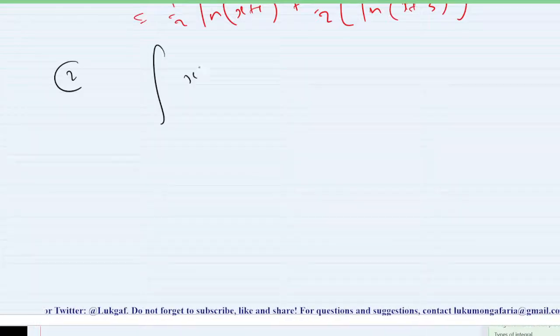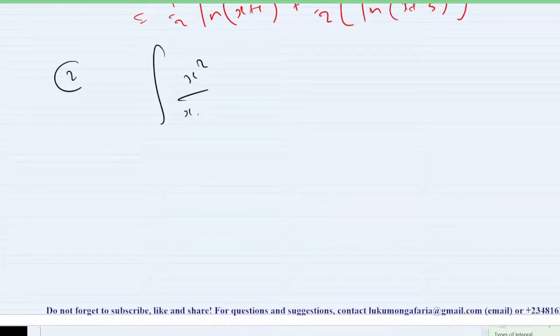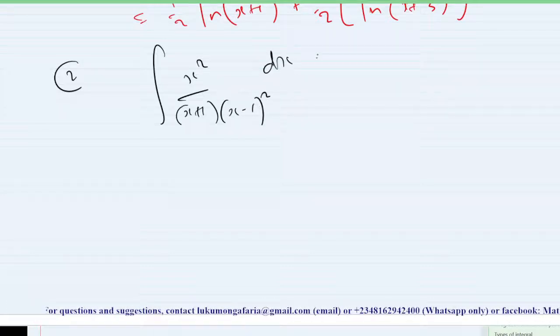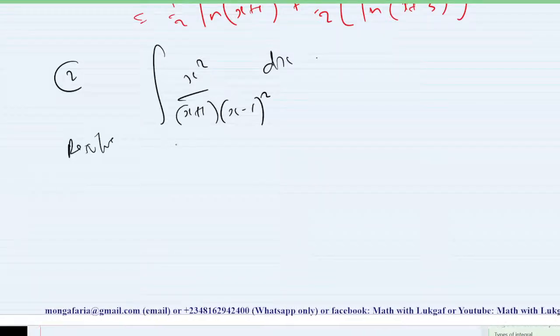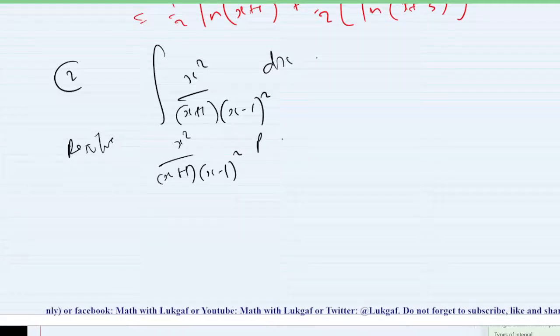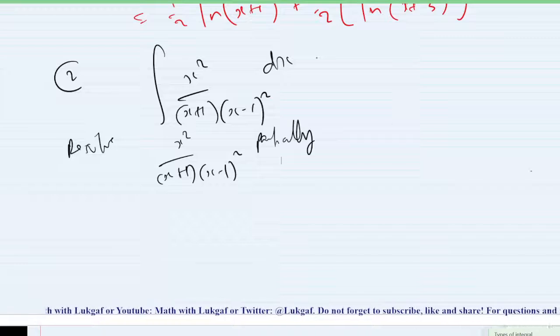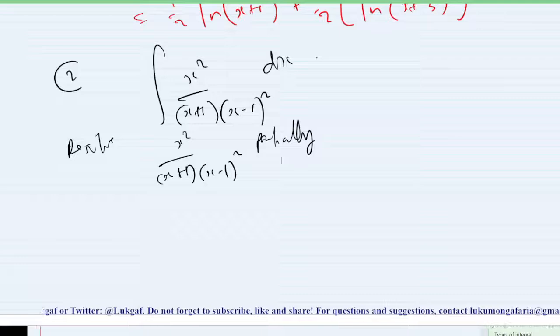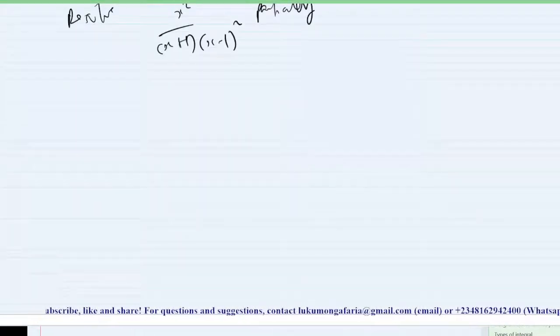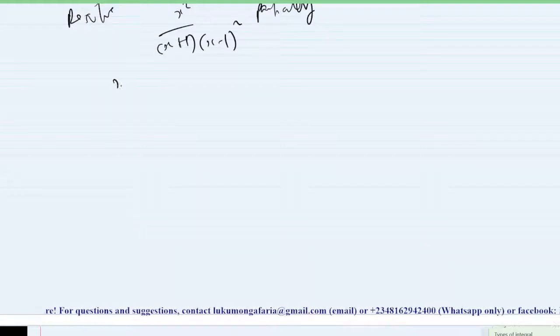Find the integral of x squared divided by (x plus 1)(x minus 1) squared dx. Don't forget, the first step is to resolve x squared divided by (x plus 1)(x minus 1) squared partially. And from the rule I wrote the other time, the degree of the numerator is lower than that of the denominator. Then if you want to resolve this,